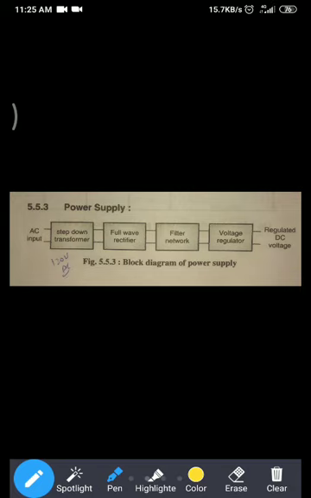Means suppose you are directly giving AC supply as an input to the PLC. This input module creates isolation between the direct input and the PLC, because if direct AC supply is given to the PLC, that PLC will get damaged. So proper termination is provided by your input module, so that AC supply is not directly given to the PLC. So it provides termination.